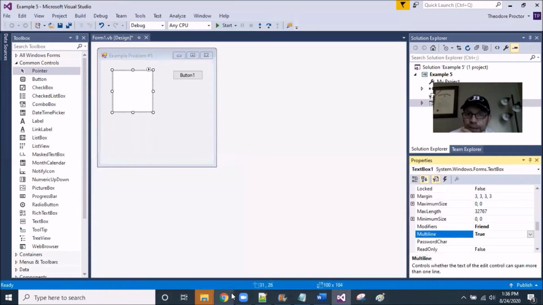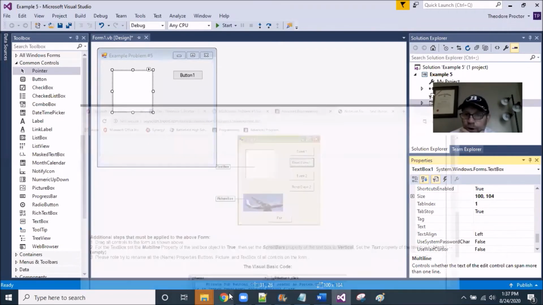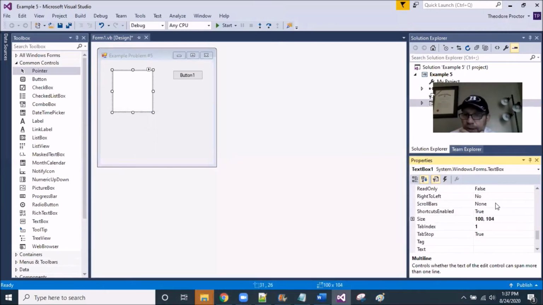So by all means, if I then scroll down to the scroll bar and find the scroll bar right here, it's none, and I'll make that vertical. This then is presetting with that. So if I wanted to, let's say, hypothetically change the property of this, and I maybe have to go back